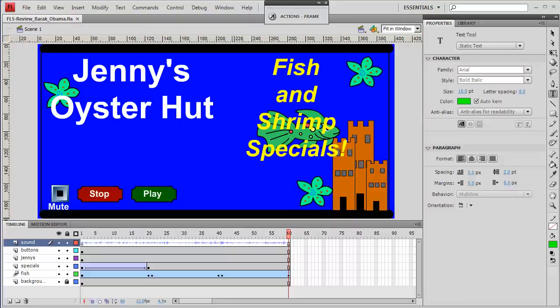Okay, here we are for review number 5. I've loaded my file and I've renamed it, saved it as FL5 review underscore Barack Obama. I zoomed in to fit in window and I'm reading the instructions that say Allie asks you to make some changes